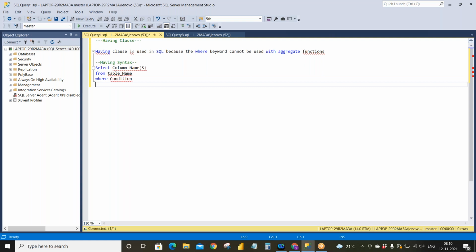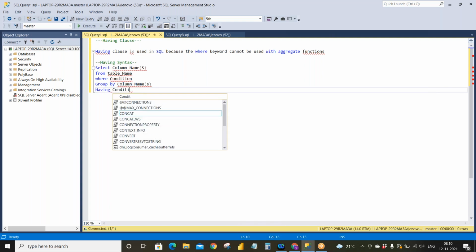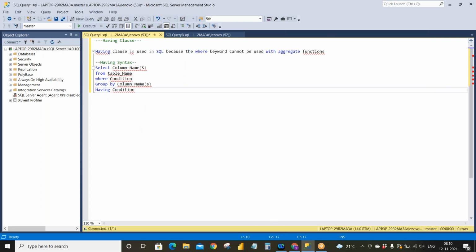and we have seen group by, right? Group by, we will give whatever columns we want in the group by, and here we'll be giving the having. After group by, we'll be giving the having condition. And yeah, you can give order by for better sorting of the results, and also this is also optional.